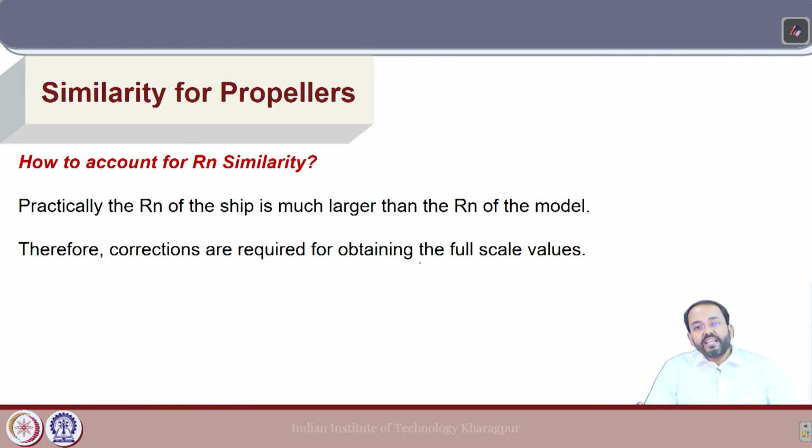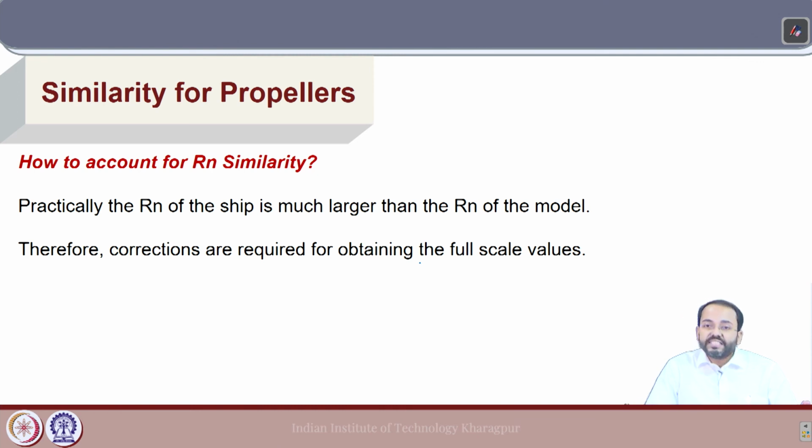What is the implication? Reynolds number involves the viscosity term. So, we will not be able to maintain similar ratios of viscous and inertial forces in the model and full scale. This is the reason why corrections have to be used to get the full scale values, in order to correct for the viscosity terms. In ship model testing, this is done using ITTC friction lines where the viscous resistance coefficient